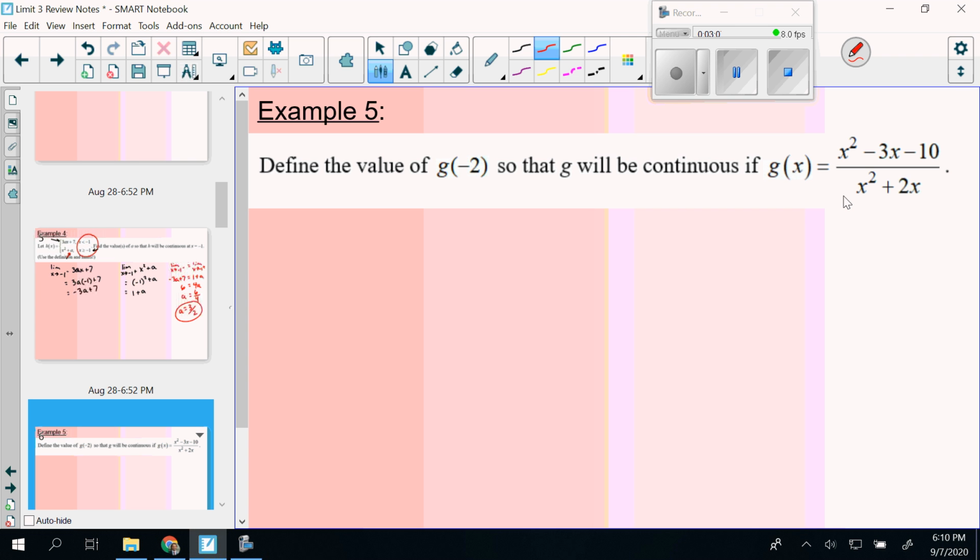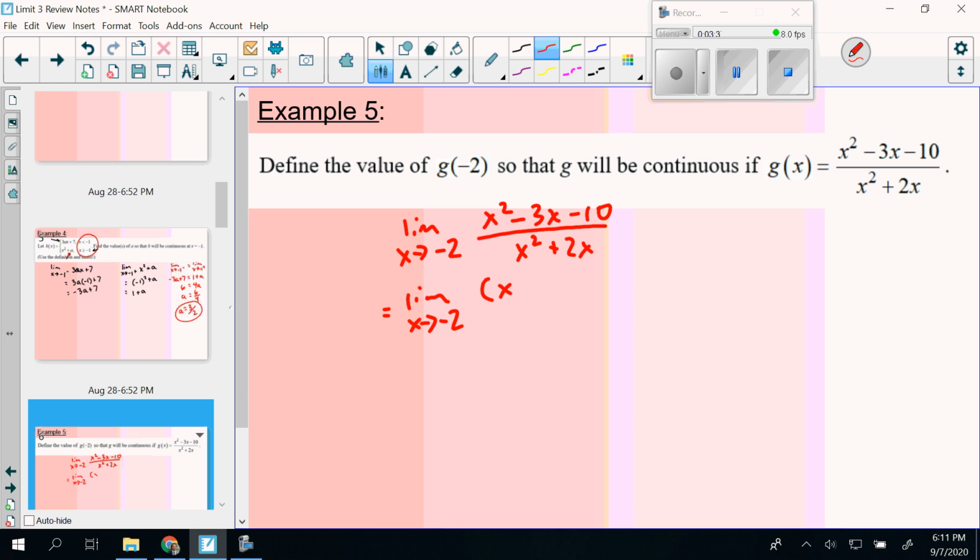Well, the other thing we know is that the function value needs to equal what this limit is. So let's see what is the limit here of this function as we approach -2. In order to do that, think back to some of the previous videos we looked at. How can we solve this even though we can't plug that in? Well, it looks like there is some factoring here we can do. So let's factor